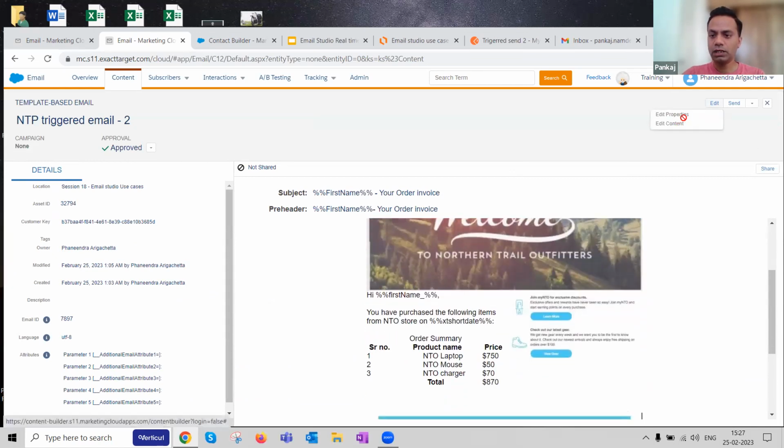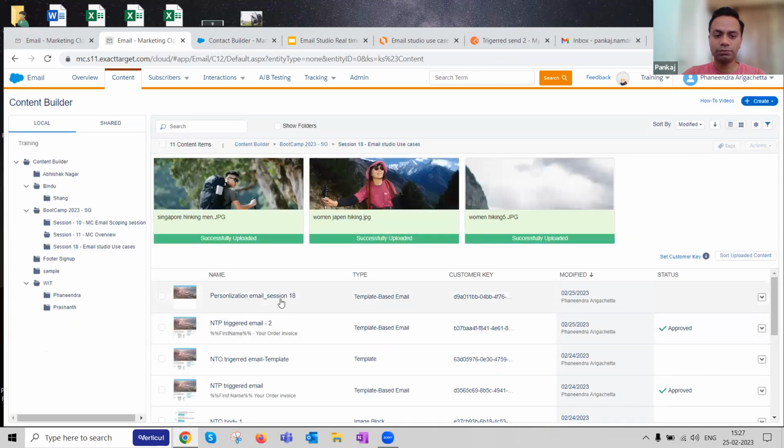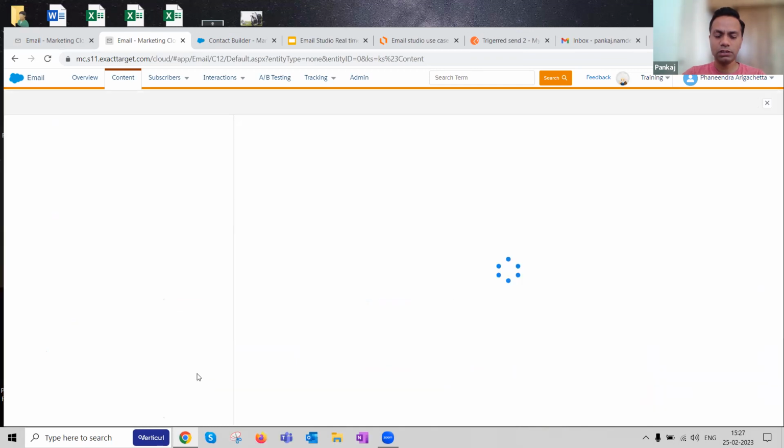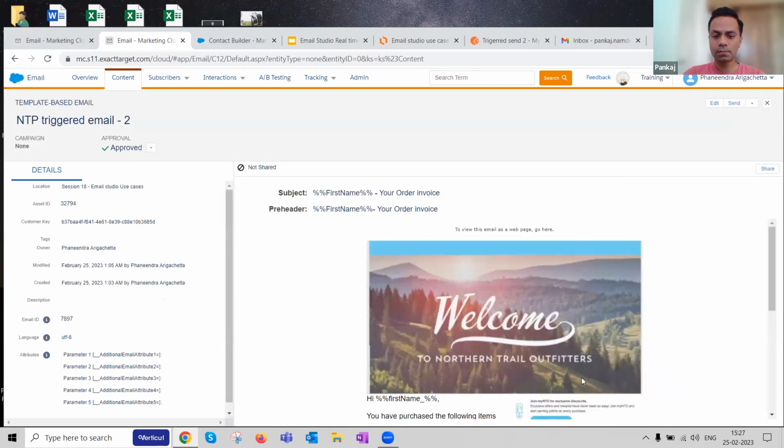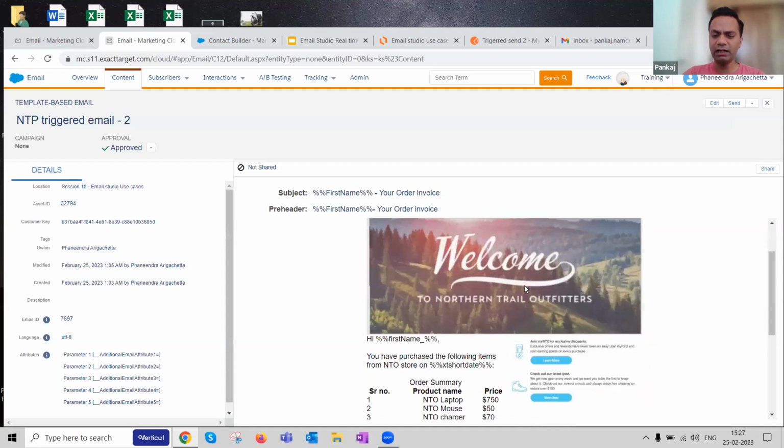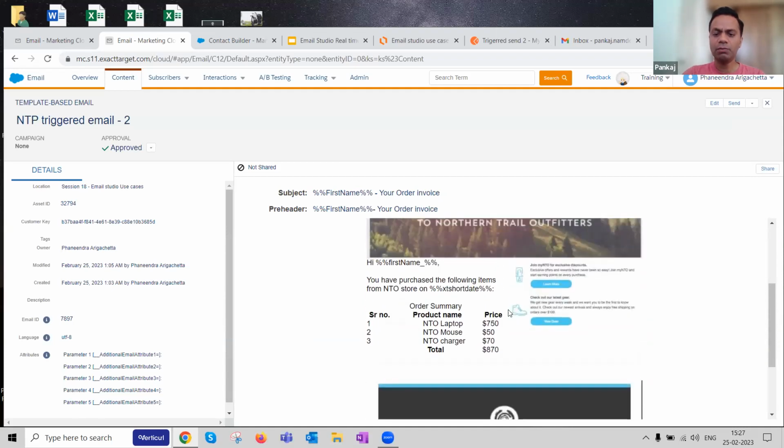So I'll quickly open this one. By the way, this is approved. Okay, so what I've done is I've created a simple email with a header and a footer. In the middle, in the body, I have created a content block, which does very basic first name personalization and an order summary.